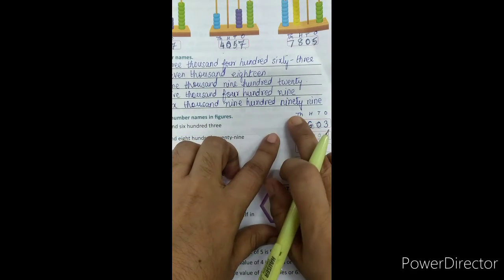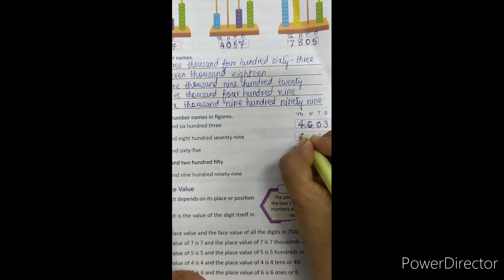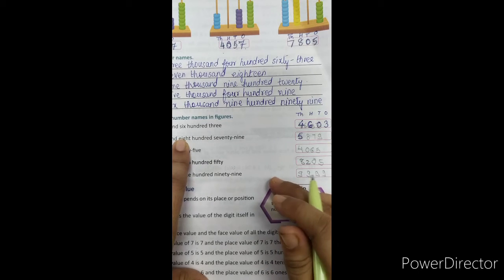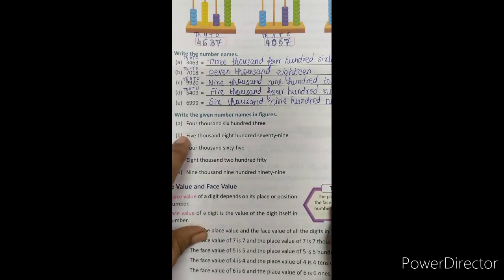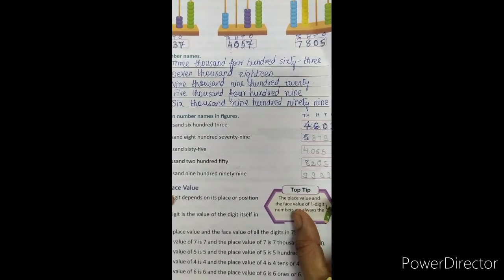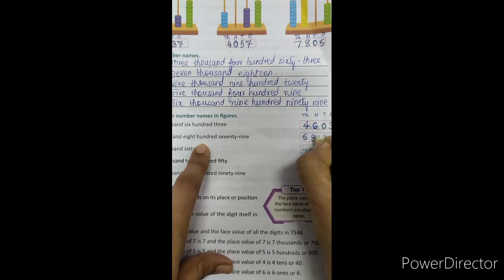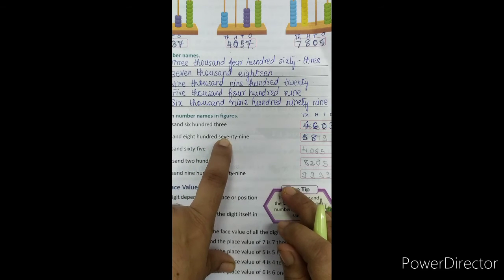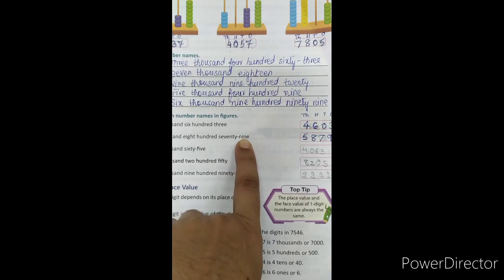Now go for the next figure, that is 5879. Again, we have already made these positions. So go for it. 5000. So write 5 under the 1000 place. Can you see here? 5000. So I have written 5 under the 1000 place. Then 800, 100 position. Then you have 70. 70 means tens position 7, and then 9. So in the ones position you have been given 9.